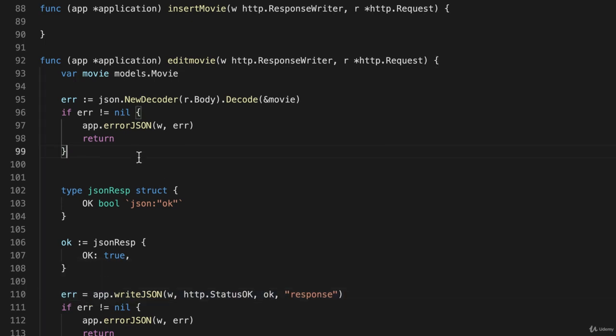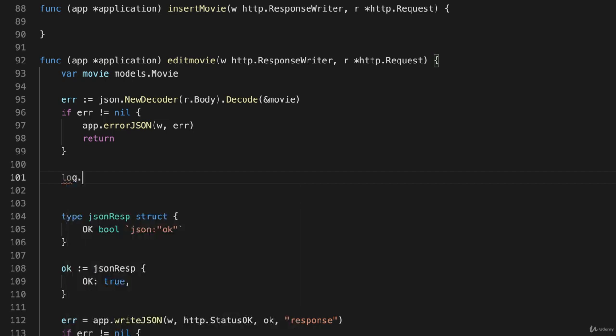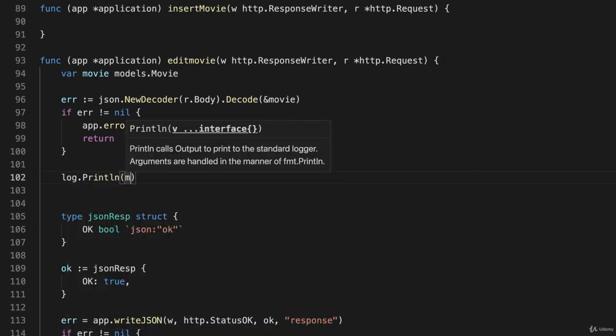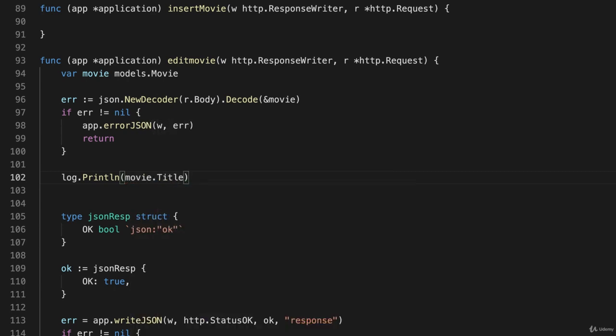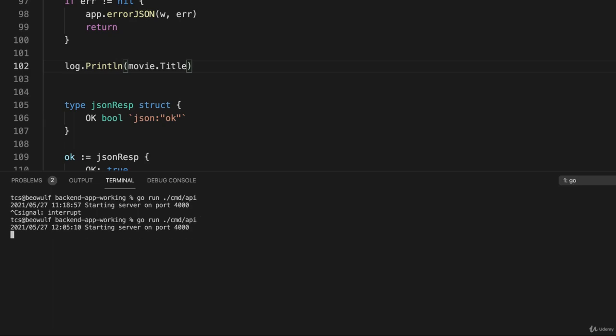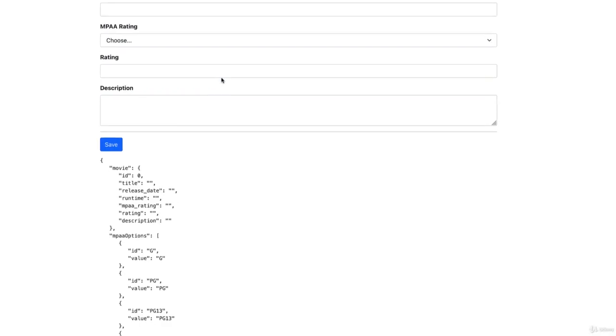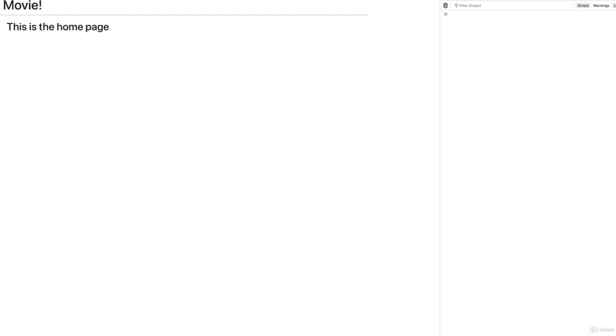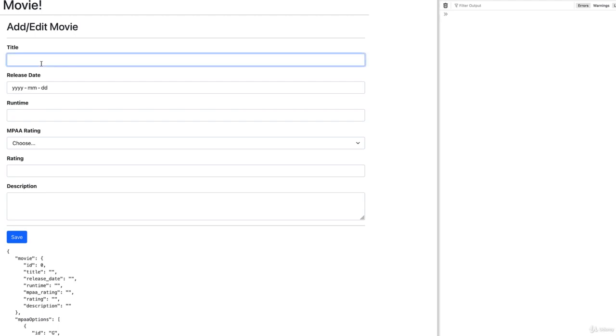And if that worked properly, I should just be able to go log.Println and read movie.Title and print that to the console. So let's see what happens. I'll stop my application and start it up and go back to my web browser and open my JavaScript console, and I'll clear this out and go to home and then back to the add movie page and put in